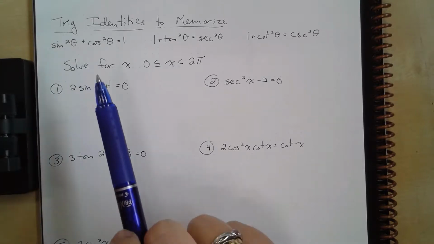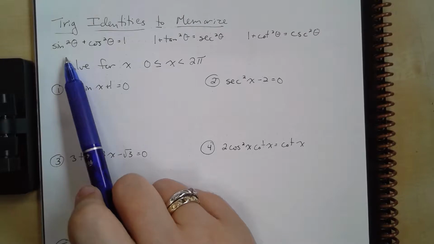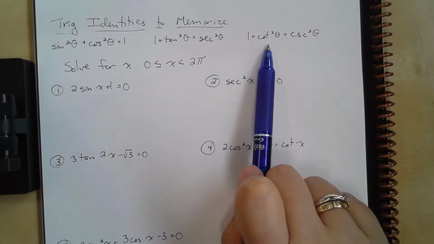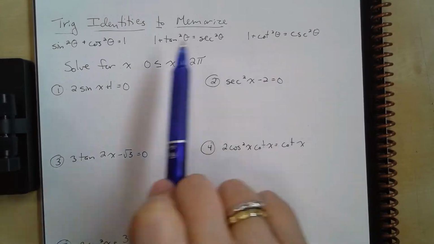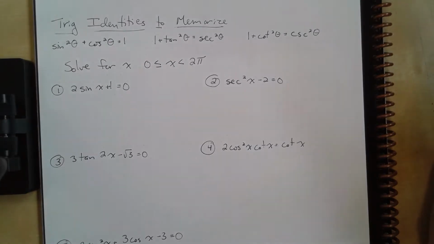Identities that we absolutely must have memorized for the AP exam. Those are sine squared theta plus cosine squared theta equals 1, 1 plus tangent squared theta equals secant squared theta, and 1 plus cotangent squared theta equals cosecant squared theta. We are going to use these when solving various problems involving trigonometry throughout our course, but for right now we're